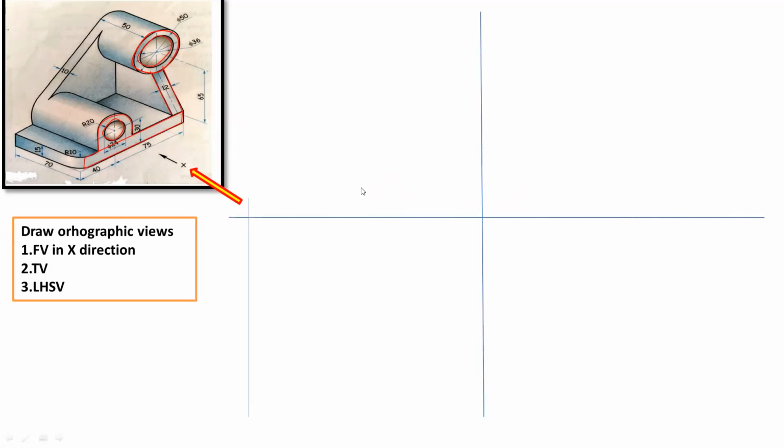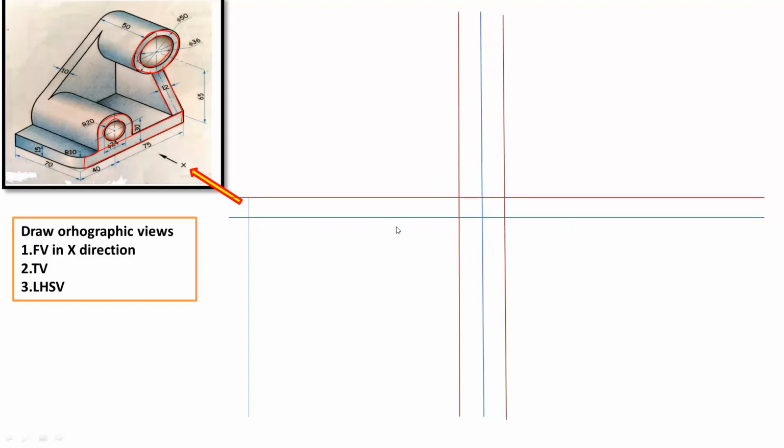So to start the projection, you have to draw the XY line. This horizontal line is the XY line, and this vertical line is the X1, Y1 line. Okay. Now for reference, at 5 mm or 10 mm distance from this vertical line and from this horizontal line, draw offset lines. Okay, so this is just for your reference. So these are two reference lines. You can take the distance 10 mm or 5 mm, take an equal distance, and similarly draw parallel lines to the XY line. Okay.